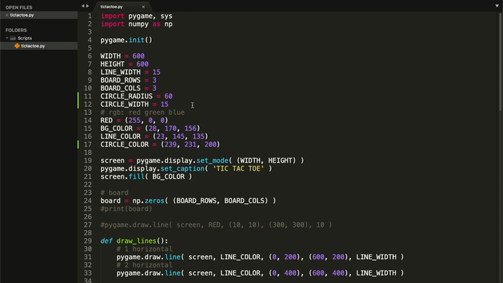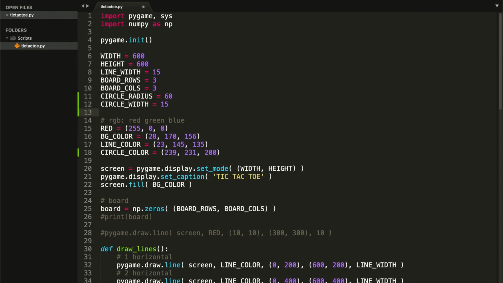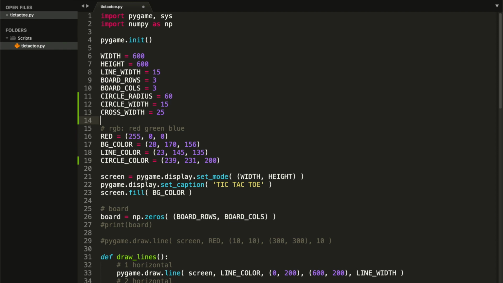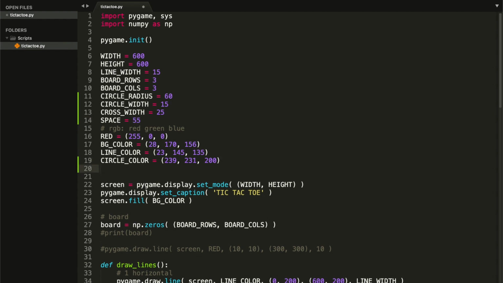So let's create some more constants. We want to create the cross width, and I think 25 should be okay. Let's create also the space. That's the space between the line and the corners. I'm going to set it equal to 55